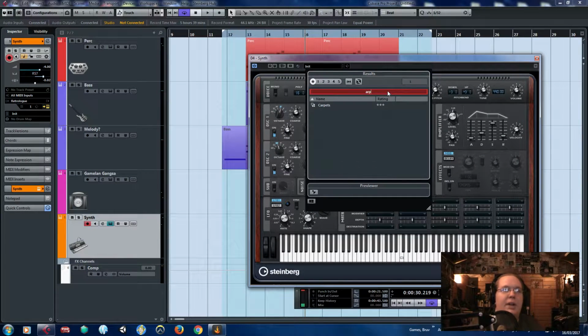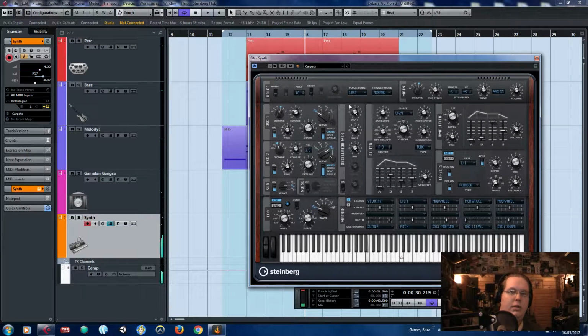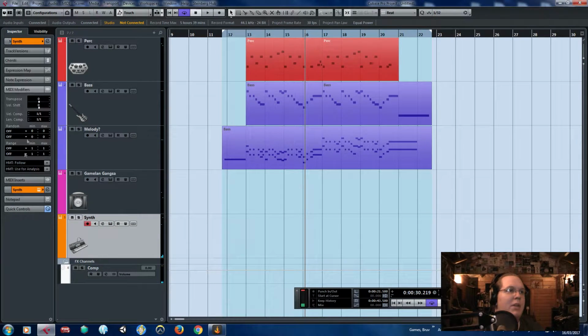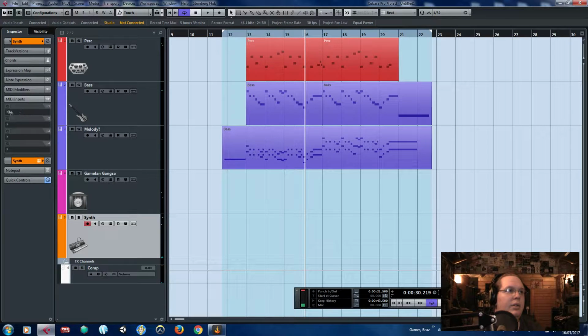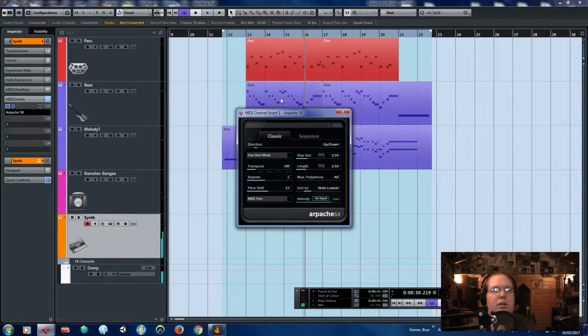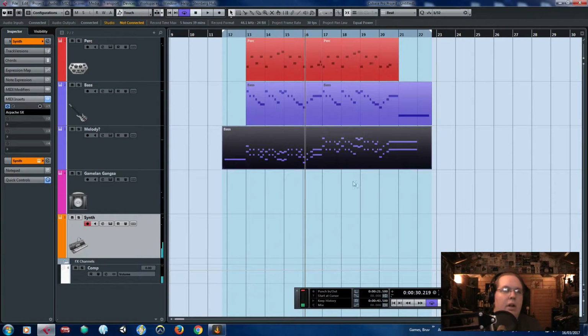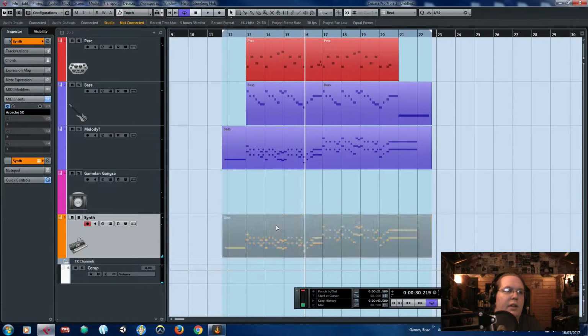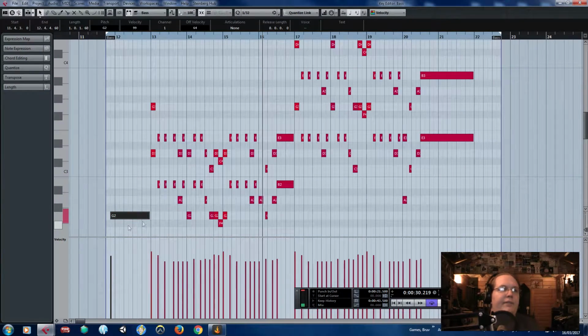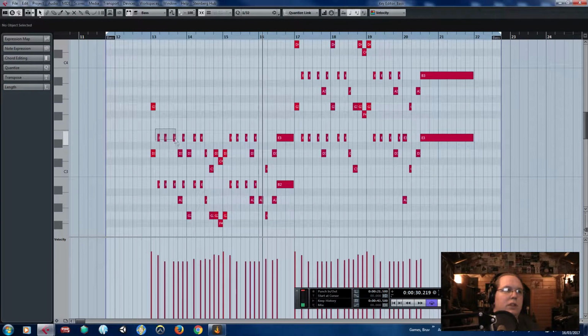Let's find an arpeggio. Carpets. That's not an arpeggio, is it? It's not unpleasant though, so what if I make it an arpeggio? Like that. I'm just going to copy that in there. So